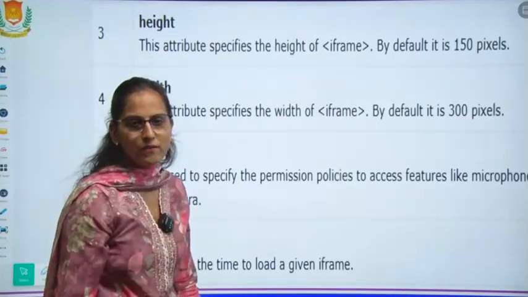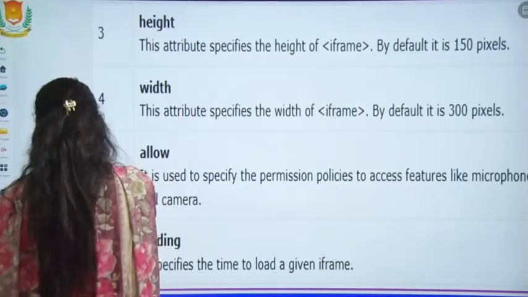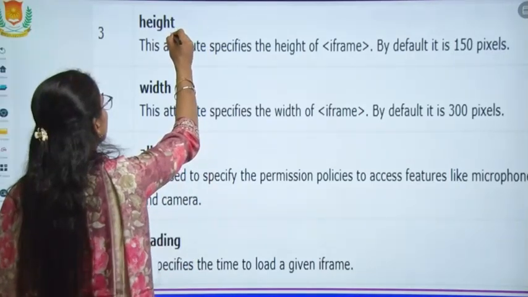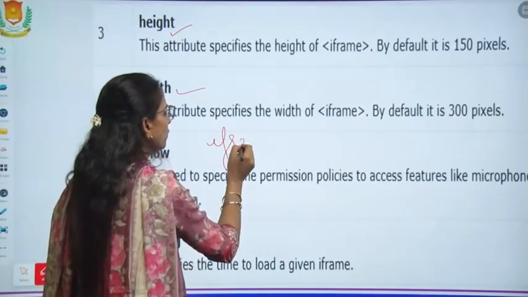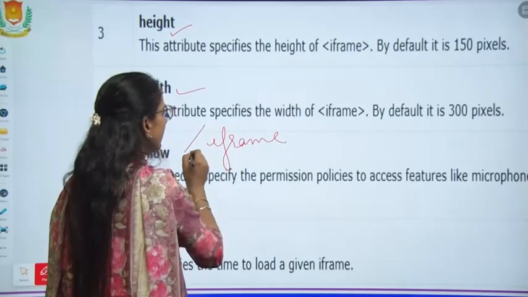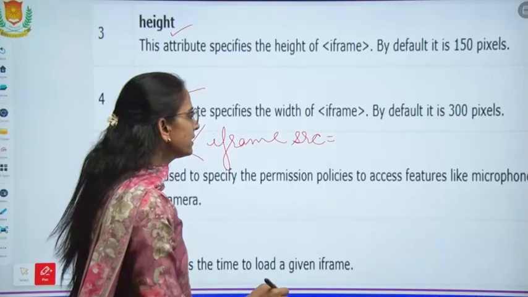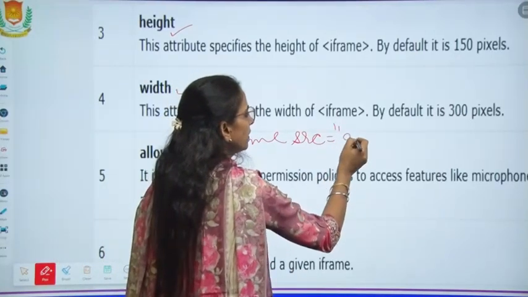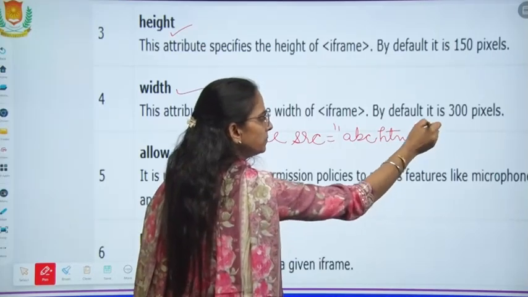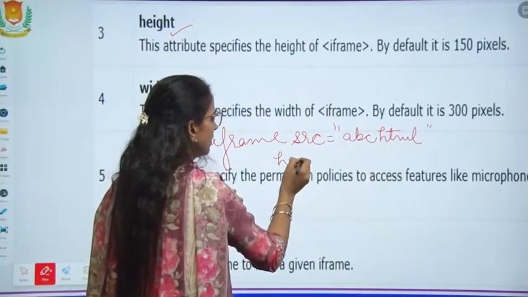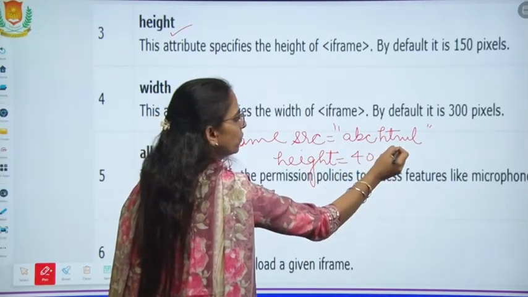Then we have another attribute, the height. Height and width attributes are also very important. How can you give this? Iframe, then with the iframe you will have the SRC, which is abc.html, and then you can give height 400 pixels.